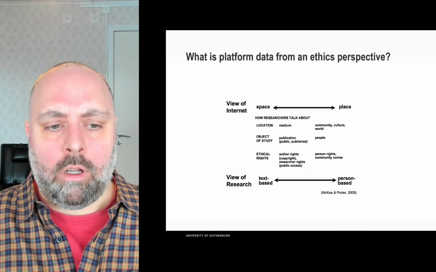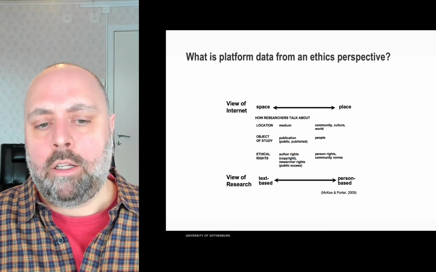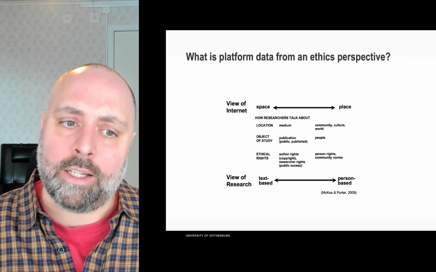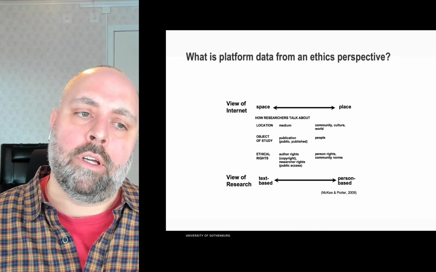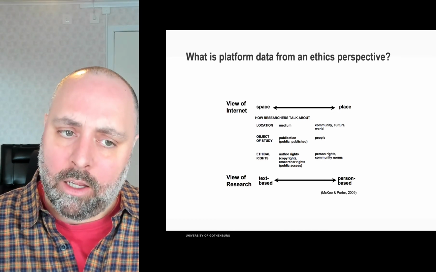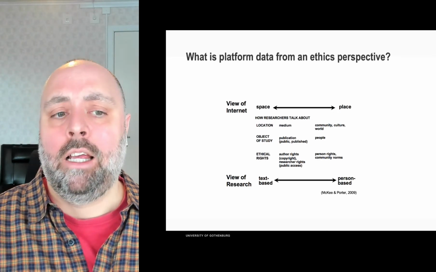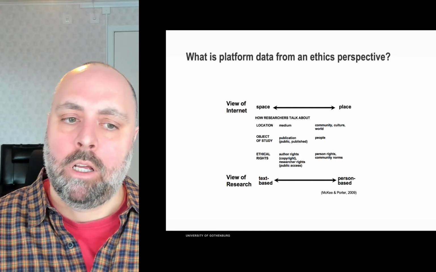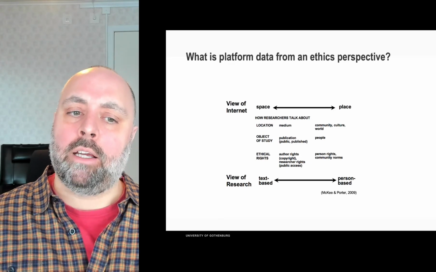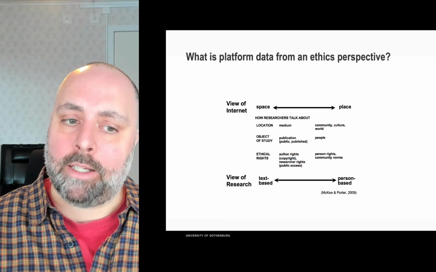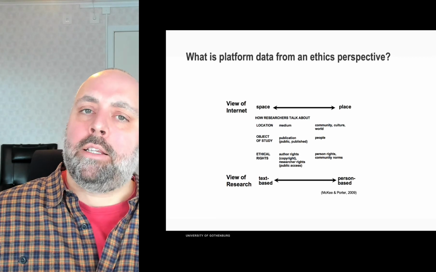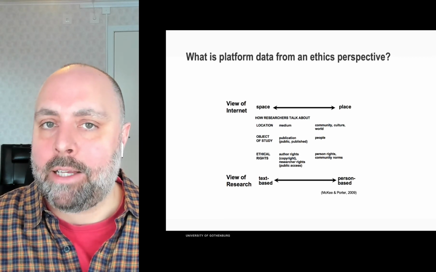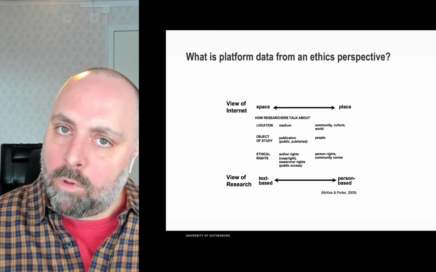So I can view the posts within a Facebook group as being just simply texts to be analyzed. In that sense, I view the internet as being a space containing these texts. I see the location, the internet, as being a medium. I see the object of study as being a published work, in a sense. And ethical rights, I would understand in terms of copyright, public access, these kind of more related to the production